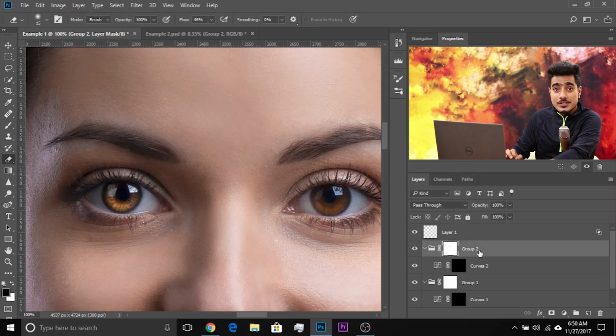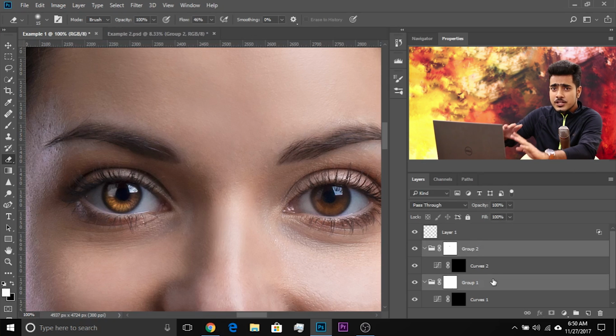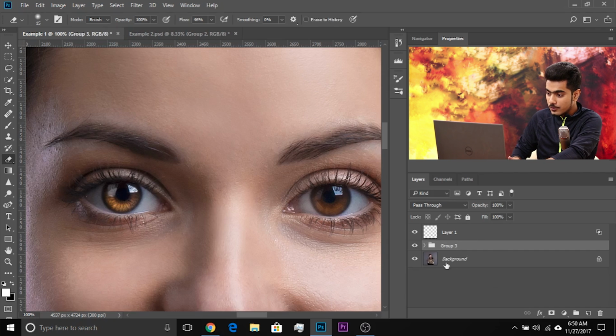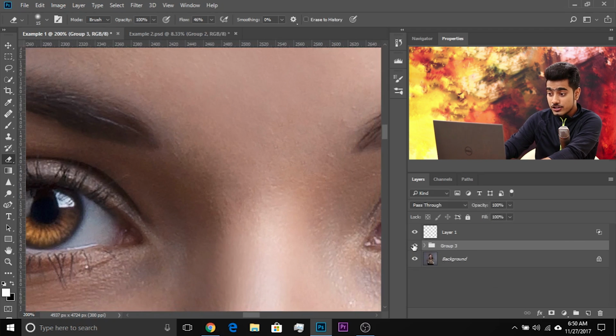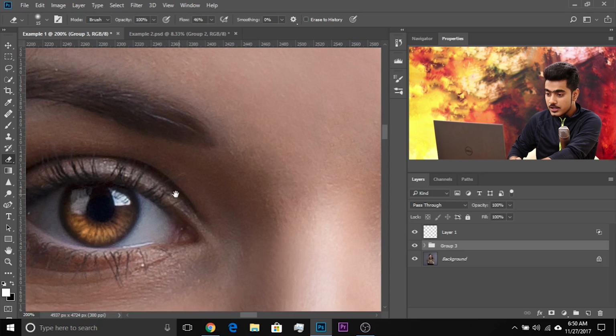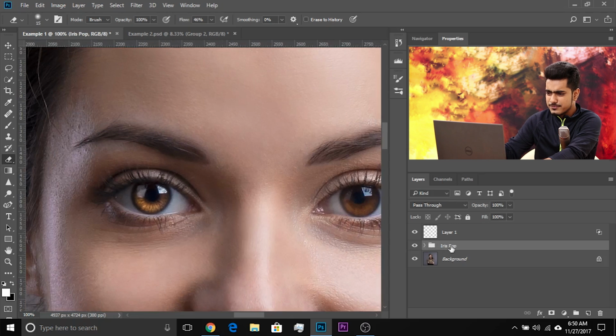Select the group, hold the Control or Command, select the other group, and make a group of both of those. So we're making a complete group of the iris highlighting. Control or Command G. Alright, so have a look, before, after. The catch lights are separate. I'm not talking about making a group of them. So you can name this iris pop or anything that you like, or eye highlighting or whatever fancy stuff.